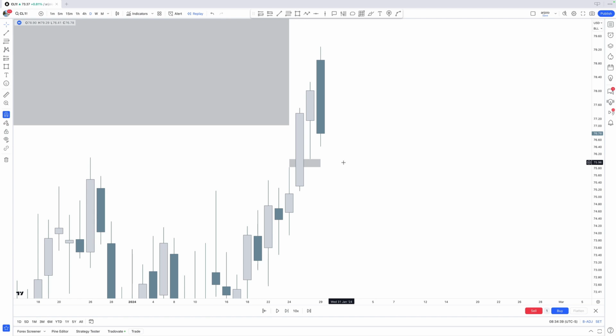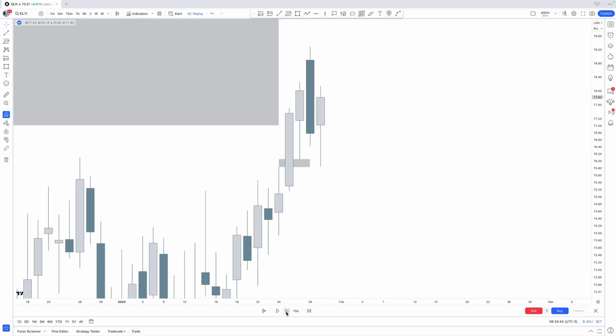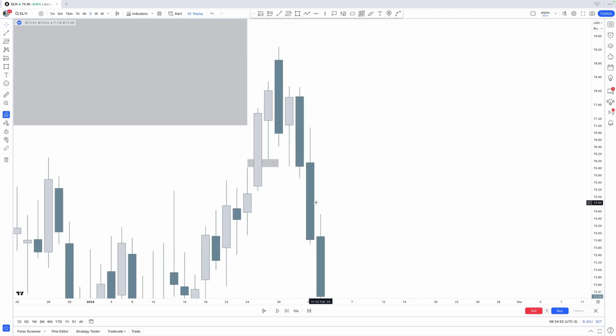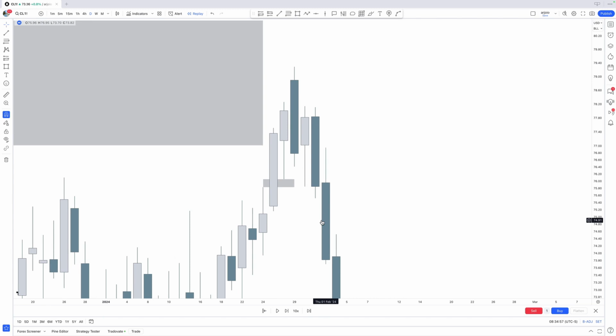And the way we can see that is by discount arrays, which is that fair value gap right there, trying to push higher right now, failing to do so. And then we create bearish fair value gaps off of that. So once we do that, that becomes the transition of order flow,